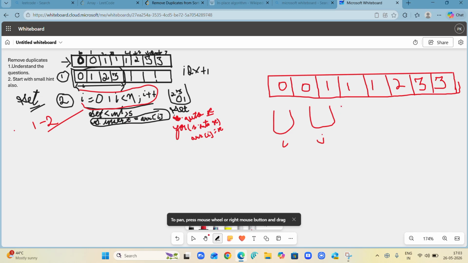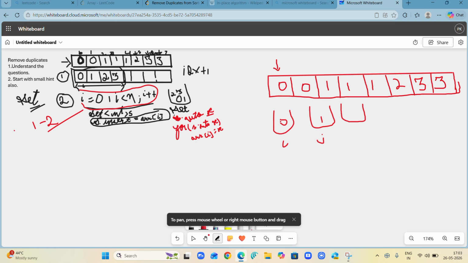From the earlier approach, I'm going to iterate from i equals 0, i less than n, i plus plus, and compare array of i and array of j. i is going to start from here, j is going to start from 1. Inside i I have written 0.